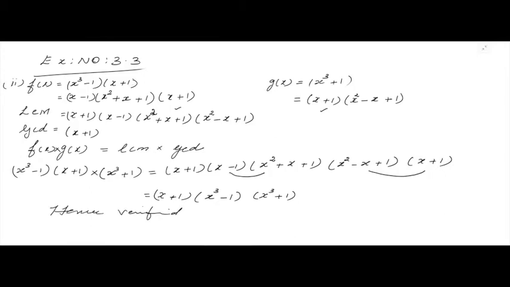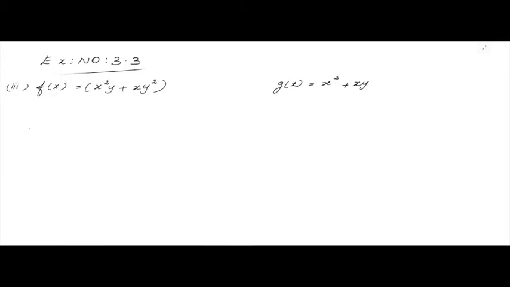Okay. We'll move to the next one. Are you able to understand? Yes. How do you do this? We can take x and y common outside. So what is left over? 1x is left, and here 1y is left. And what about this g of x? Take x common outside, 1x is left plus y is left. Now write the LCM. We'll write the GCD first. So here x into x plus y. Now what is your LCM? x into y, 1y is left, and then x plus y. This will be your LCM.